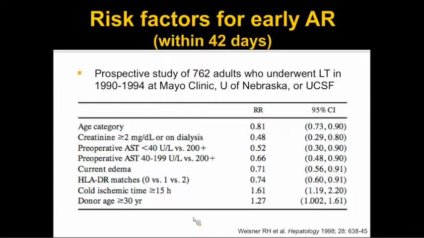What I'd like to point out is that really of all of these, age, donor age, and cold ischemic time are the ones that you're going to see again and again in studies that I bring up. A lot of the other things that are found on this initial study, there's really mixed results between studies. And I think that's important because, truthfully, we're all still trying to understand, especially as immunosuppression management has changed, what the risks are in the more modern transplant population.